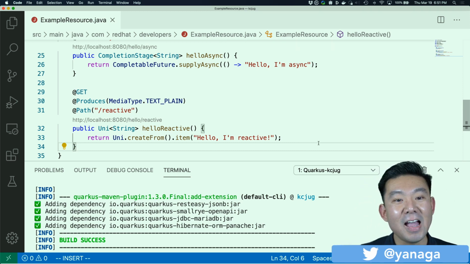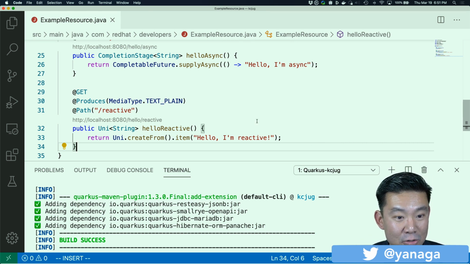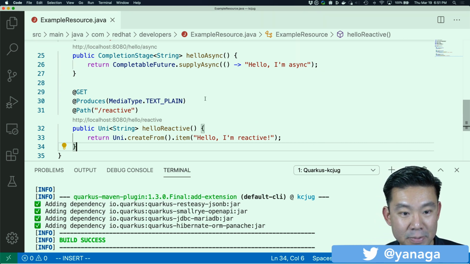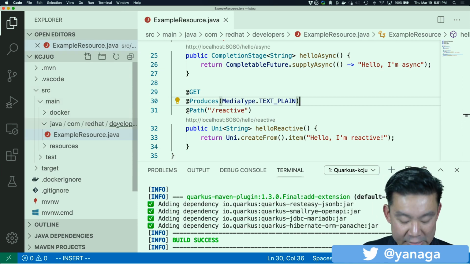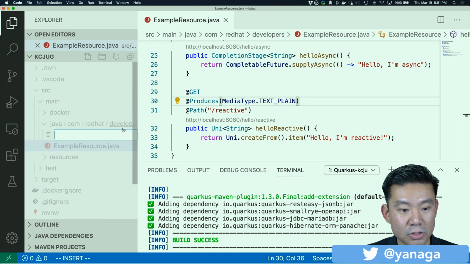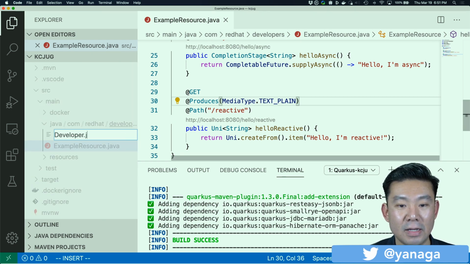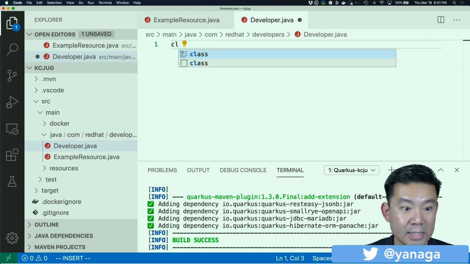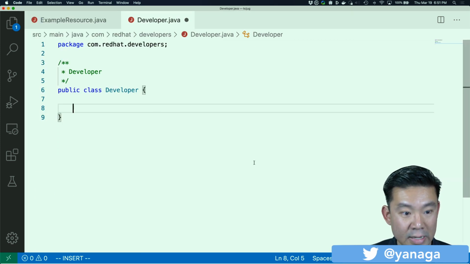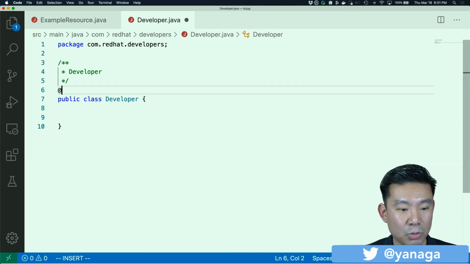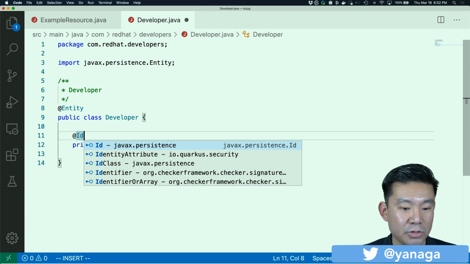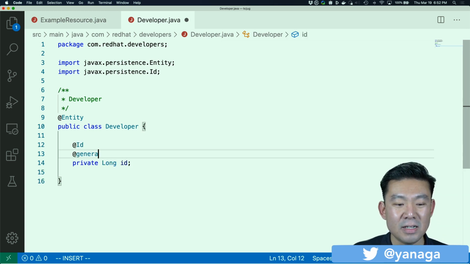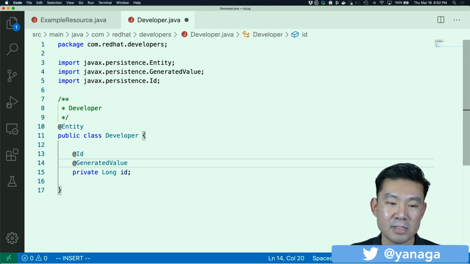Okay, and right now I added those dependencies. Let's get back to my JPA. So what do I do now? Let's try to create an entity. Let's create a Developer.java class, and first I will need a boring @Entity, and probably I will need to type a private long id with @Id and @GeneratedValue or something like that, but it is just boring. Then the getters and setters, all the getters and setters.